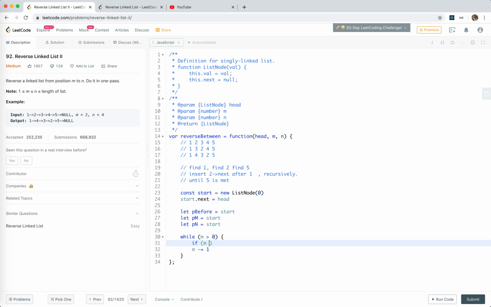Okay, while m is bigger than 1, we move pm equals pm's next, right? If m is 1, now pm goes to the head, just to where it should be. And then while n is bigger than 0, n minus 1,